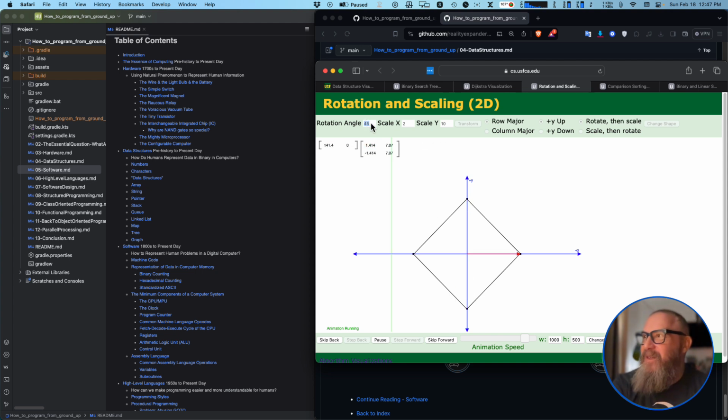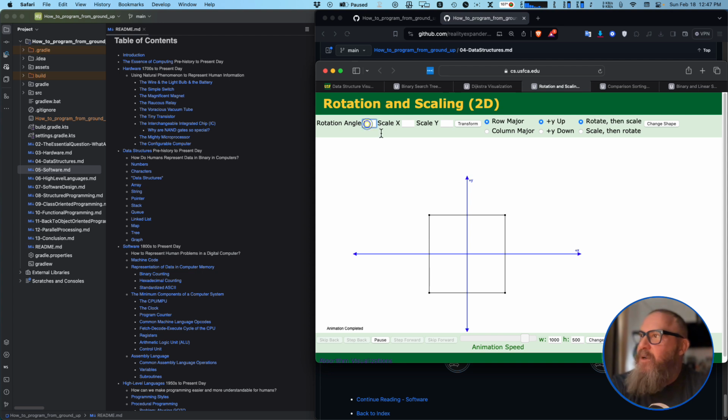Let's do another. Let's just start at 10 here. Let's start over. Let's do it 15 degrees and scale it 2 times. And well, let's do it this way, and then we'll do it with the different. Is y up or is y down? Is plus y this way or is plus y down? Because in computer graphics,